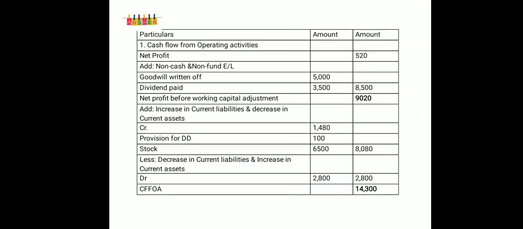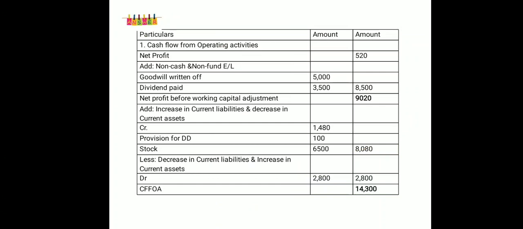So creditors were increasing by rupees 1,480. So taken that. Then provision for doubtful debts were also increasing by rupees 100. Taken that also. And then stock is your current asset. Stock were decreasing by 6,500. So these three amounts we need to add. So after adding these three amounts, that is 1,480 plus 100 plus 6,500, we need to write in your outer column